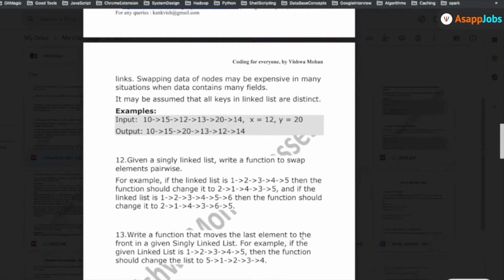So this should also be happening in the linear time and recursion is the ideal way to go for it. So always try to solve these kind of problems using recursion. Things will be simpler. Question number 13.